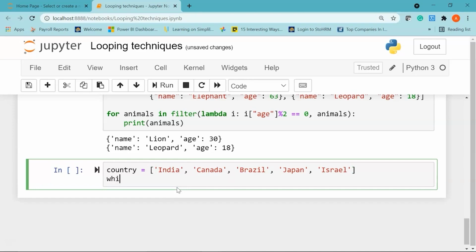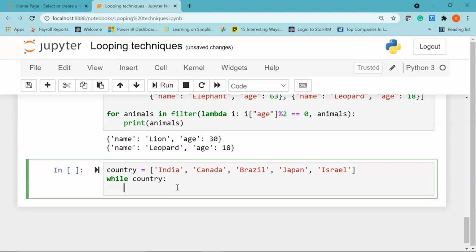Now I'll use a while loop. I'll say while my list, that is country, then to remove the elements in the list I'm going to use the pop function. So I'll say print country dot pop, and I'll pass -1 as the parameter so that it removes the elements from the end of the list.